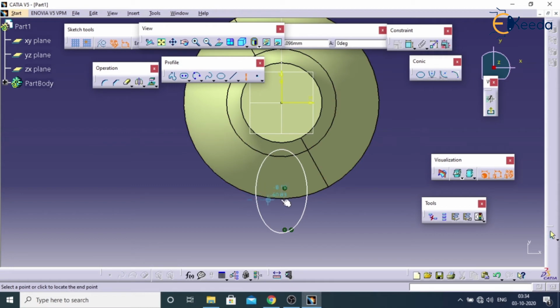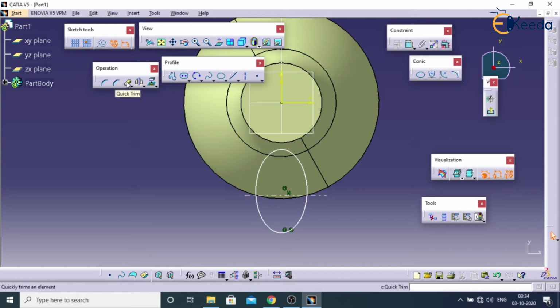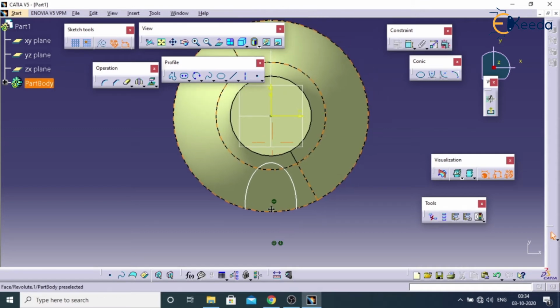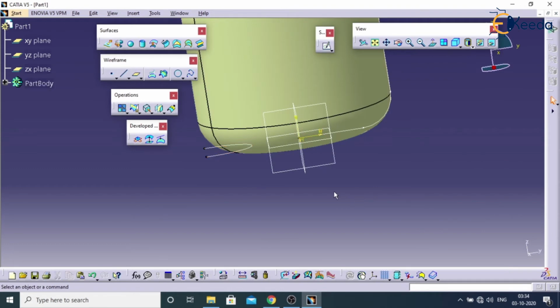Draw the axis from the external side. Take trim and remove this part. Just take dimensions randomly. Go for exit workbench.